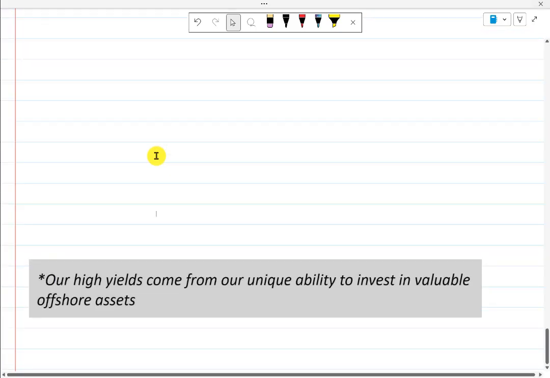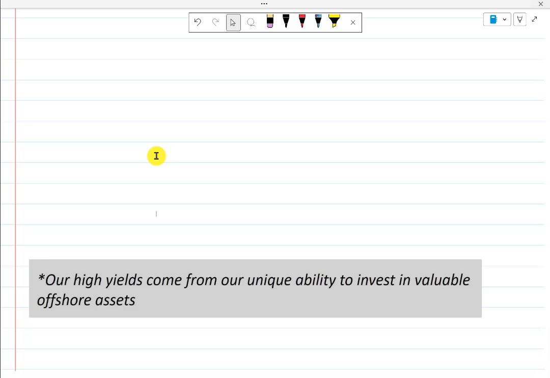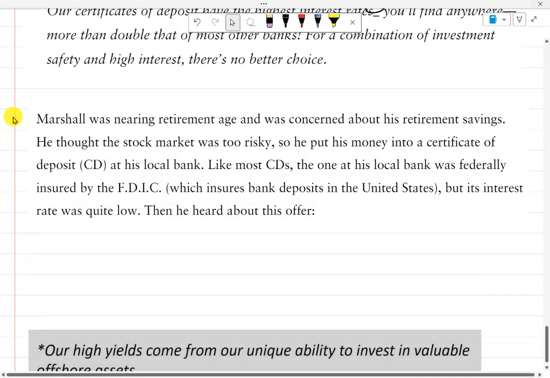Interesting. I'm going to pull the scenario from the book on the person who was considering the CD. The scenario is like this. Marshall is retiring and he wants to make money in a safe environment. That means he wants to put it where it will be safe, not lose value, gain value. So he's deciding on banks to do that. Right now, he currently does have a bank account. It's paying who knows what percent on it.